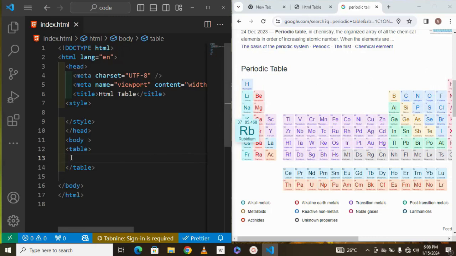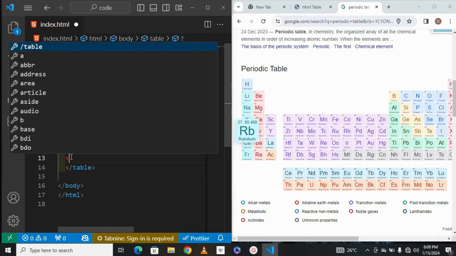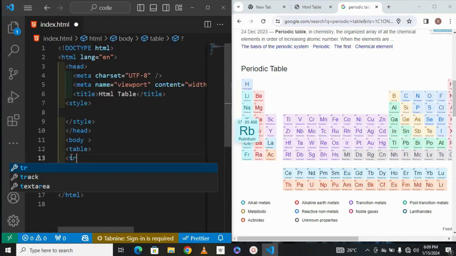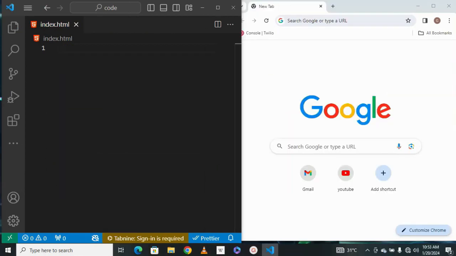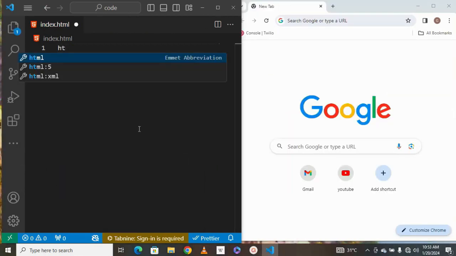So last time we talked about the table. Today we are going to create a project to exercise ourselves, and that project is going to be the periodic table. For those who don't know about the periodic table, you can just Google it. So let's dive into it. First of all, I have to start with my HTML basic